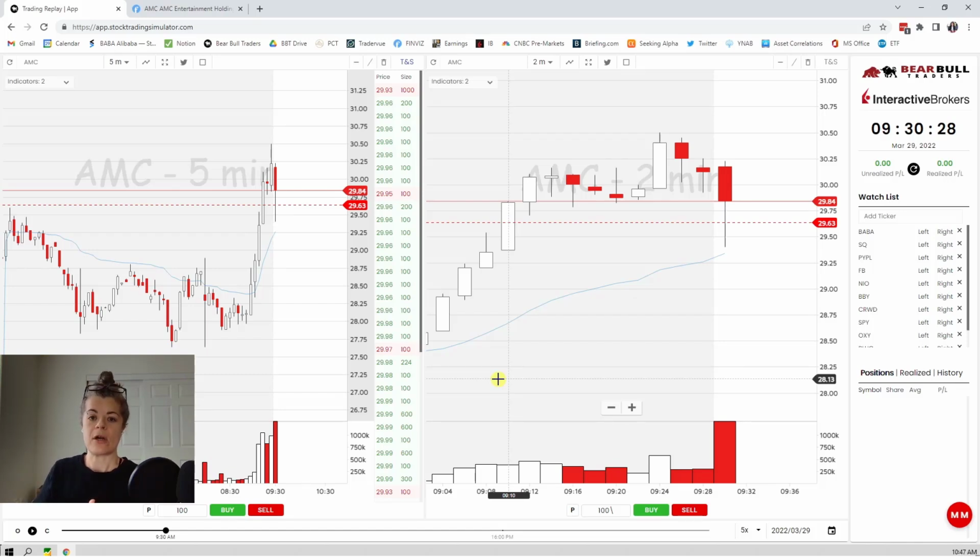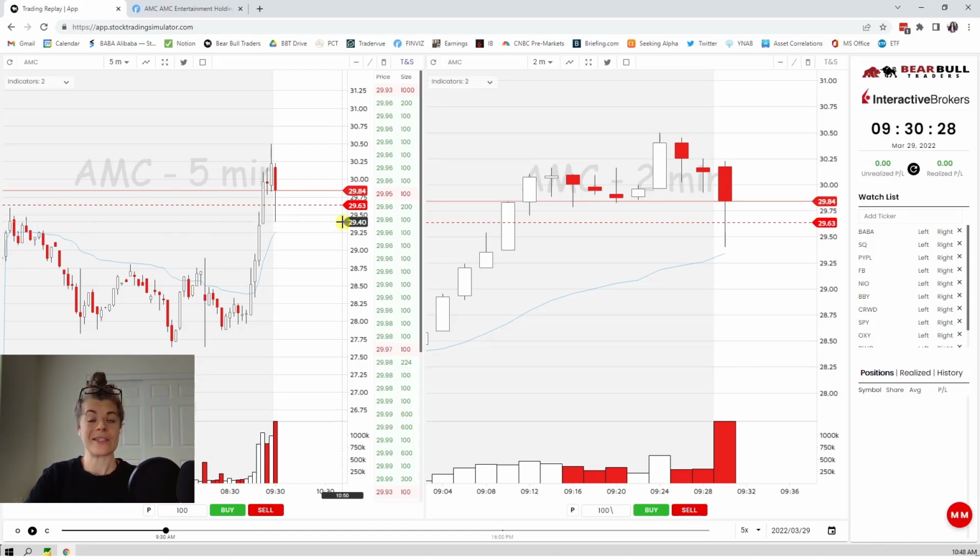AMC's ATR is typically just shy of $3. I think it's like 2.69, something around there, so it's a little bit below 3. I'll just round up to the whole number, or the increment of 5. So we'll say $3 to make it easy. 10% of a $3 ATR would be a 30-cent stop loss, right? So if I got filled here at 29.63, then my stop was 10% of the ATR, which would be 29.33, down here-ish, right around here.